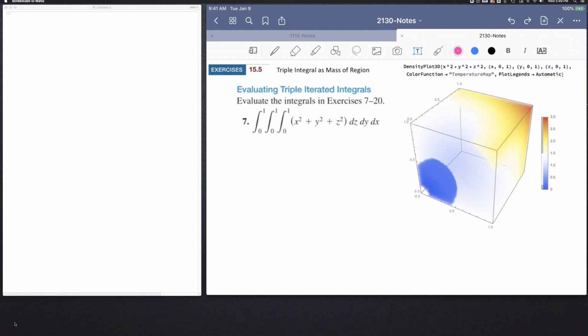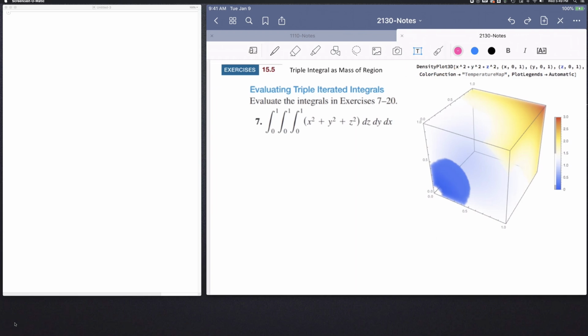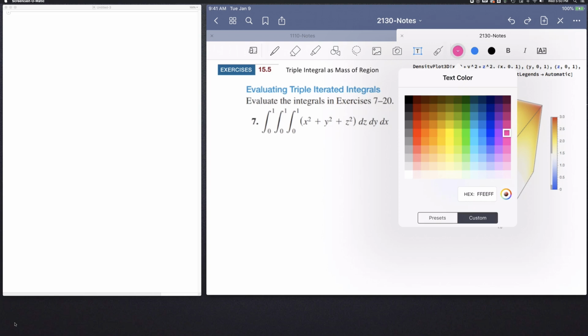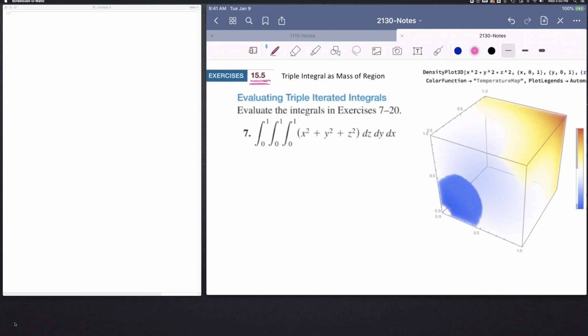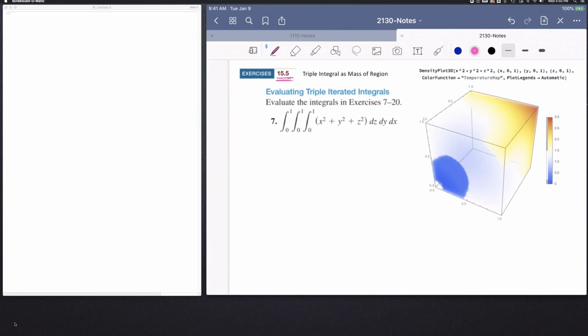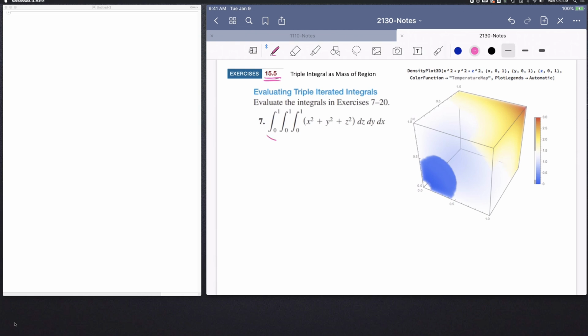All right, in this video we look at, again, section 15.5, but we'll try to focus on the interpretation of this triple integral. So what we're seeing here is a triple integral that has been given. The ordering for dV that has been chosen is dz, dy, dx, which means that our domain D, we